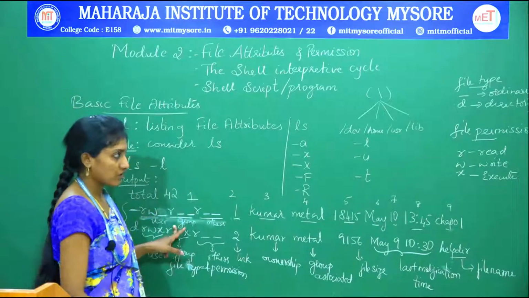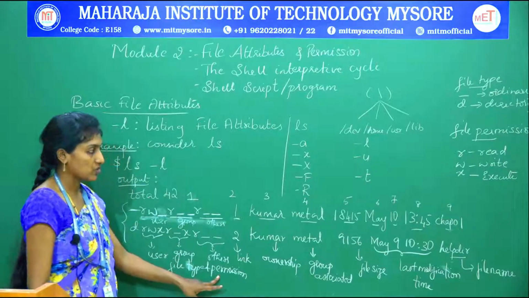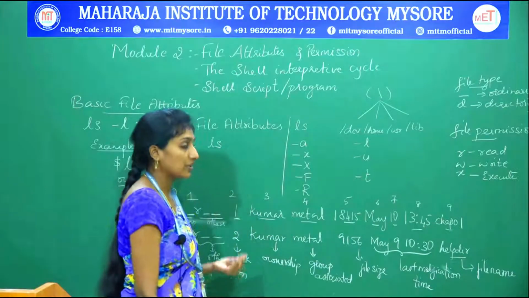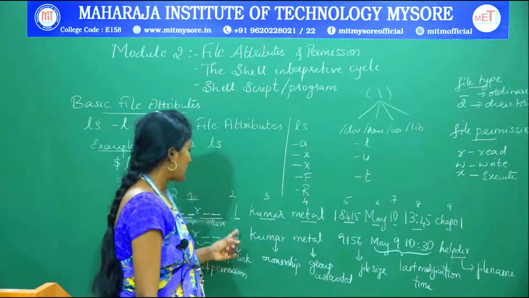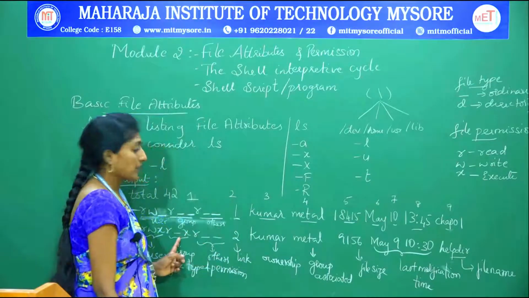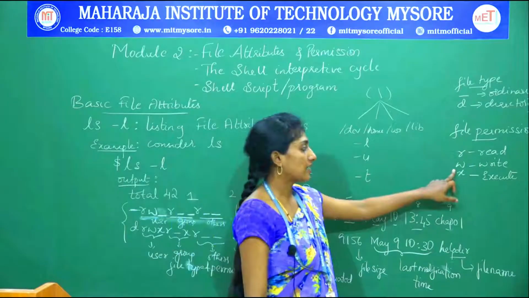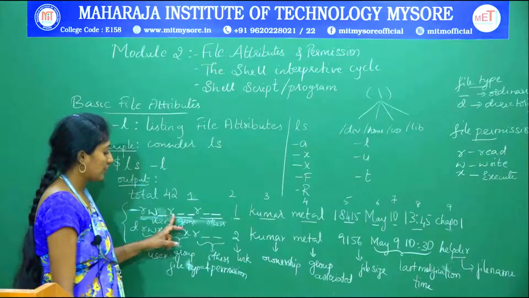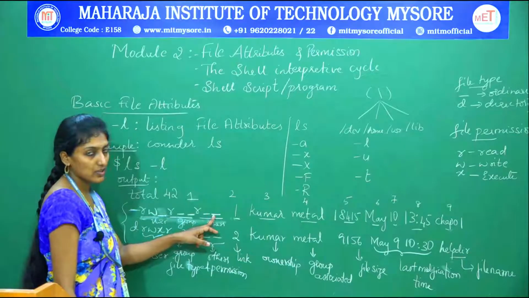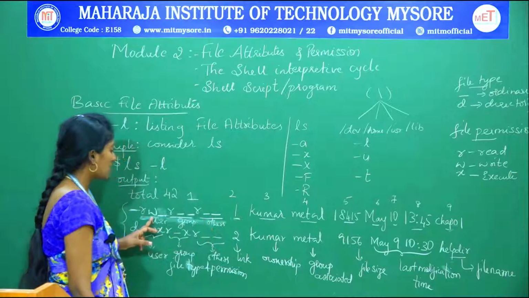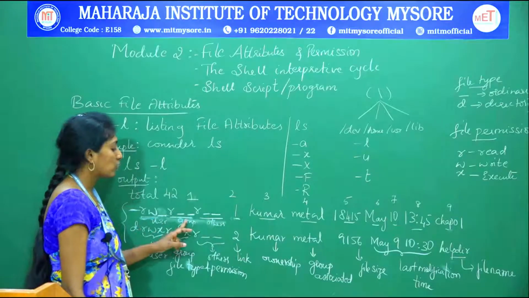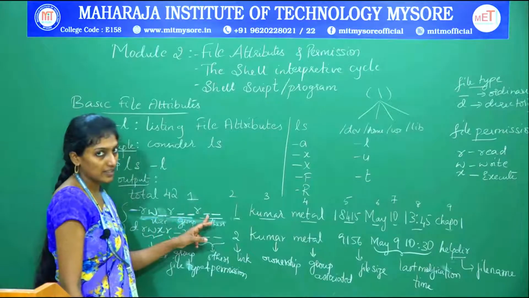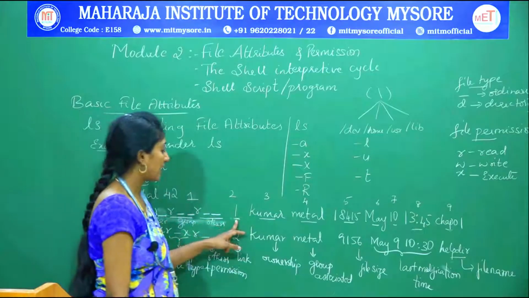So in the first column, as I have already discussed, it represents the file type and permission. File type might be an ordinary file, a directory file, or a device file also. Next, in the permission it is represented with RWX, that is read, write and execute. So in the ordinary file, for none of the users an executable permission has been provided, whereas for the user, write permission has been provided. For group and others no write permission has been provided, but read permission has been assigned for all the 3 categories of user here.